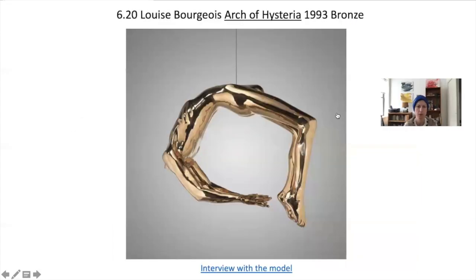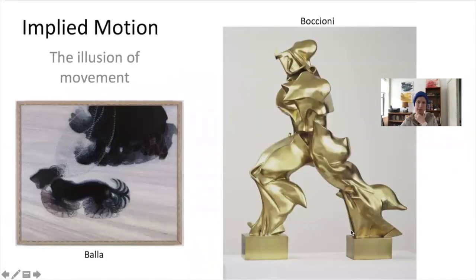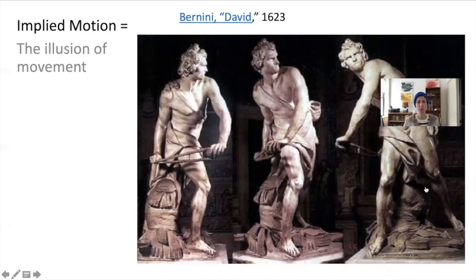And that's kind of what we have going on here in this piece by Louise Bourgeois, called The Arch of Hysteria from 1993. It's made out of bronze and it hangs from the ceiling. So in this case, it's not really moving per se. I mean, it's hanging from the ceiling, so you might see it sway a little bit back and forth. But besides that, it's not moving, but it has this implication or impression of movement through the pose of the body. So again, we have implied time, we have implied movement or motion,